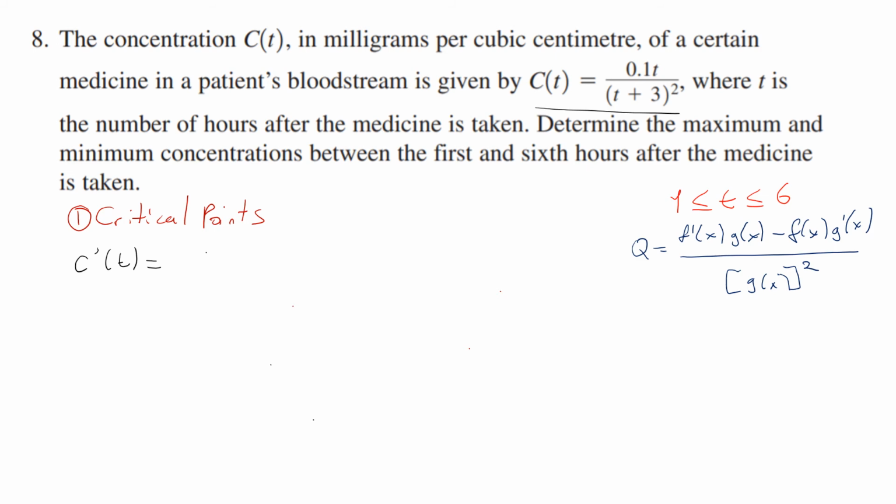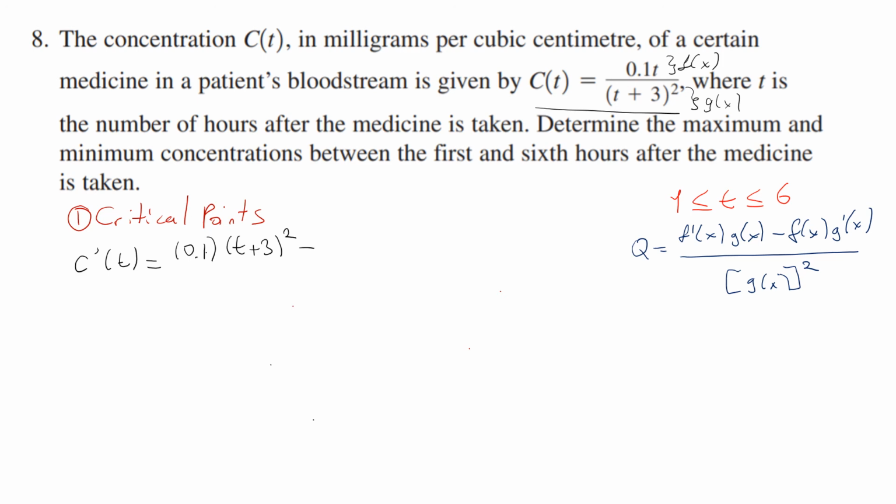So that's my formula, that's what I'm going to apply. My f(x) is here and my g(x) is my denominator. I start by first taking the derivative of f(x), which is 0.1t. If you take the derivative of that, that's just going to equal 0.1 because t just becomes 1. I write my g(x) as it is, which is (t + 3)^2,